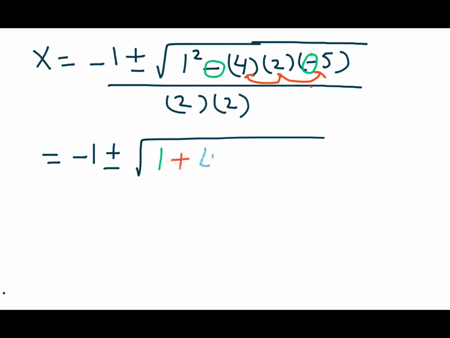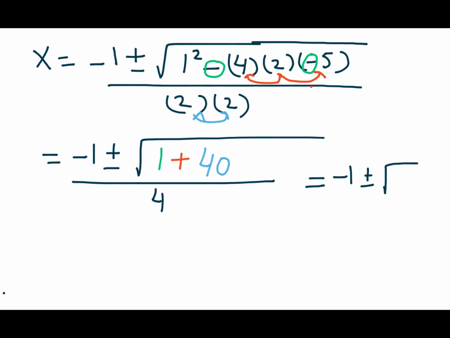So equals minus 1 plus or minus the square root of 40 plus 1, which is 41, divided by 4. Now the square root of 41 cannot be simplified more, so the solutions of this equation will be